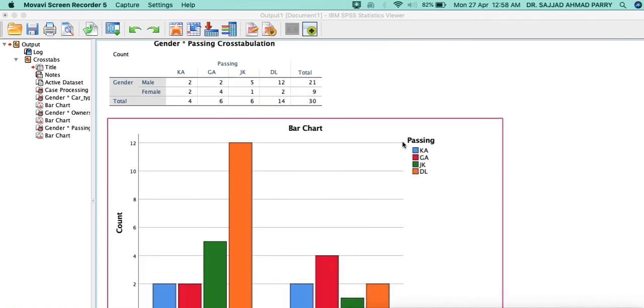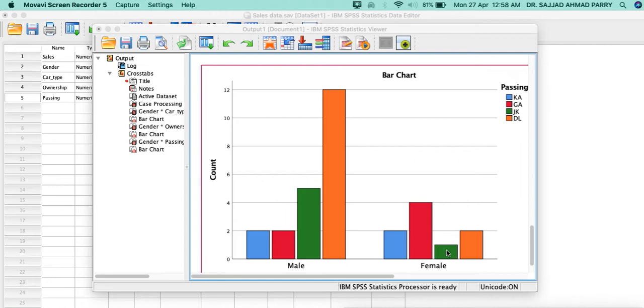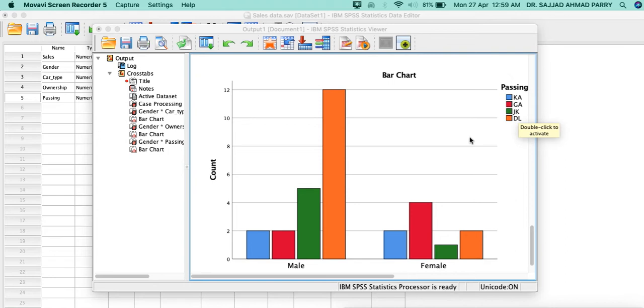Now if you see this graph also, this is very clear. I will show it. Now see here, male and female. Most of the males, you can see here, 12 males are using which one? Delhi passing. Then JK passing. Then we have two from each, one from Goa and the other from Karnataka.